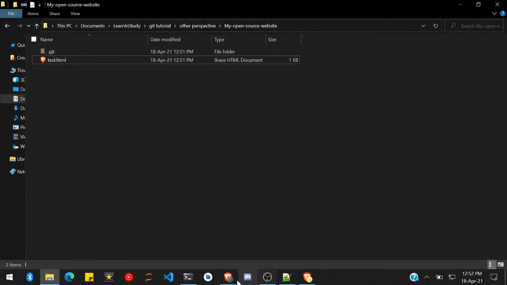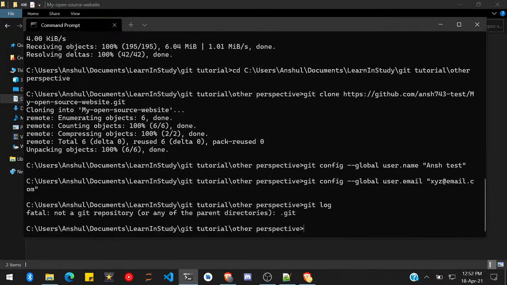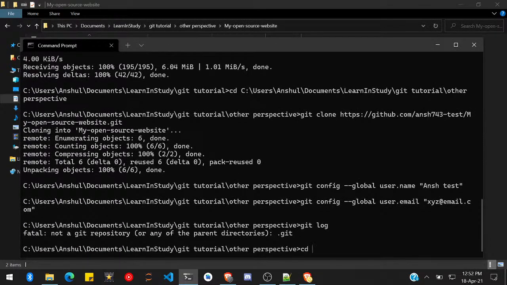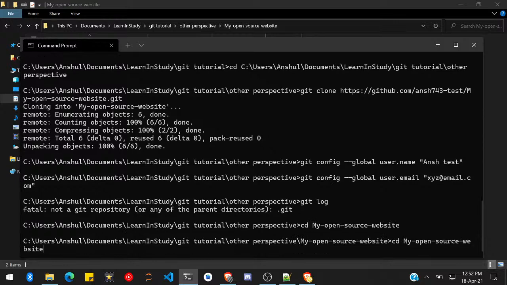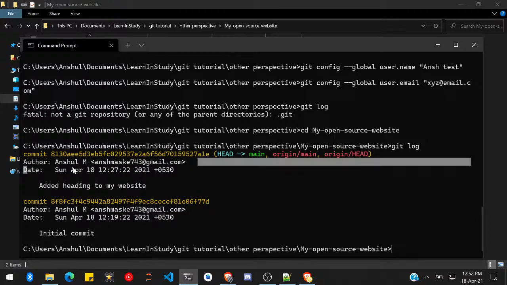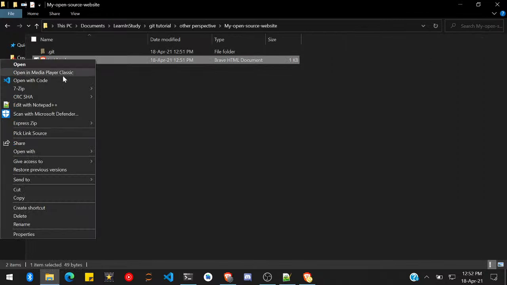in this particular repository, if I check the logs, git log, I want to check who contributed in this. So here it is telling me someone named Anshul Maske has made 2 commits on Sunday. Now I want to make some changes in this file. For example, in the test.html file,